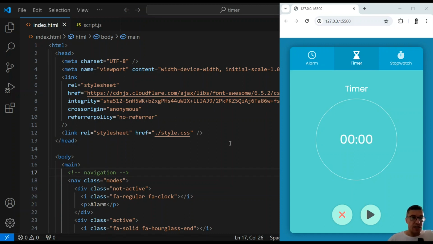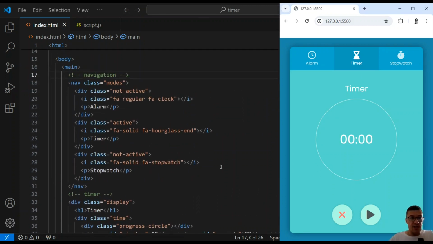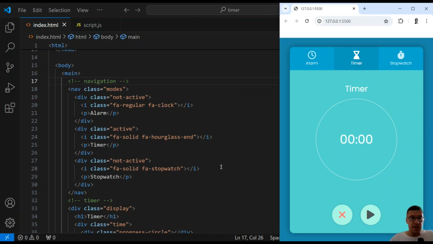Okay, let's get started with our timer. As you can see, I have my HTML file to the left. This is our live website where we will see all the changes. All right, let's get started on the functionality. And first, let's see how can we